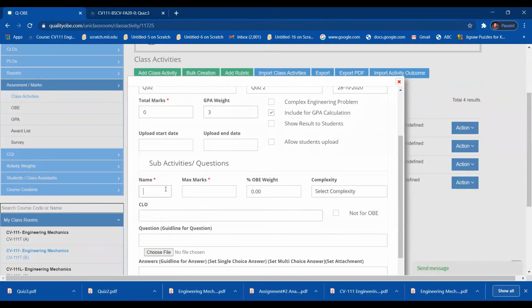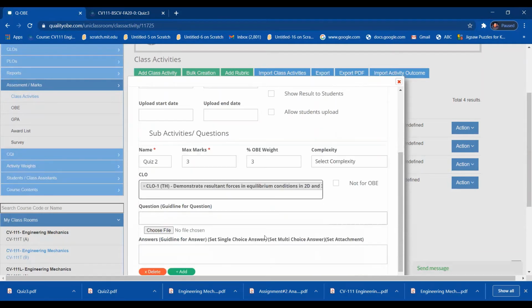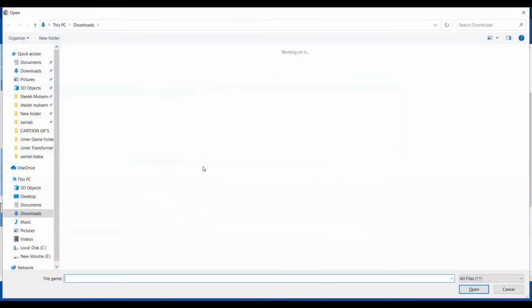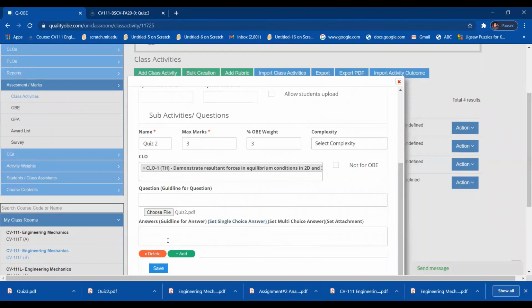Right now I have to write it down: quiz 2, maximum marks 3, percentage 3. Quiz number 2 is from CLO 1, and then I choose the file. Quiz number 2, I have to click on it, and I have to save it. So it's done.